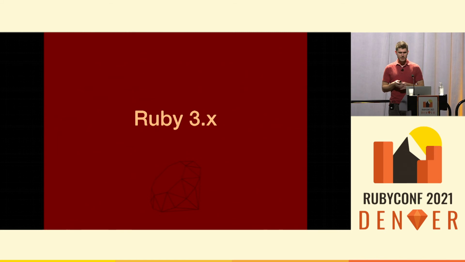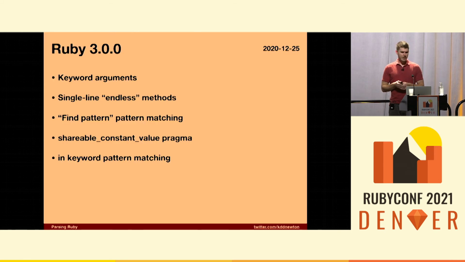Finally, Ruby 3 comes out. Happy about Ruby 3. We get keyword arguments that are different keyword arguments. Previously, the keyword arguments were based on allocating a hash, and then there was a whole bunch of syntax errors. It was very confusing. Now we get some actual separated keyword arguments. We get endless method definitions. You can do def foo equals bar, and that is all working. We get some interesting pragmas for Ractors, and we get keyword pattern matching in single line.